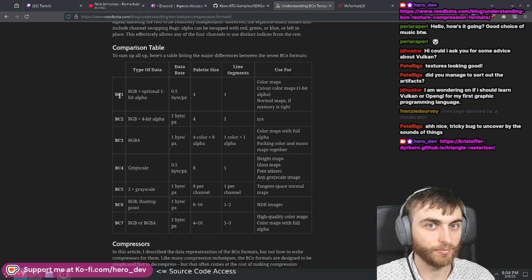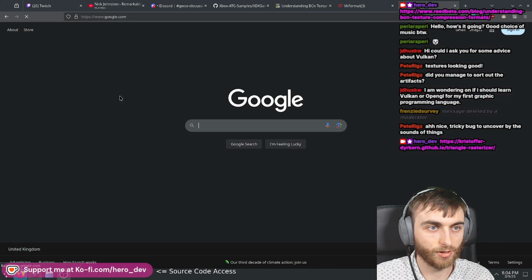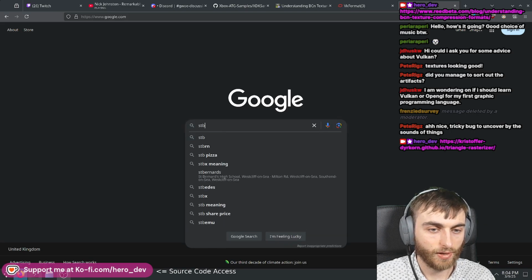It's going to be far more simple, right? And you'll be able to basically render whatever you want. It's going to be slow, but it's going to teach you a whole lot. Now, to get something on the screen is going to be difficult. So you've got two options. You can basically use STB image